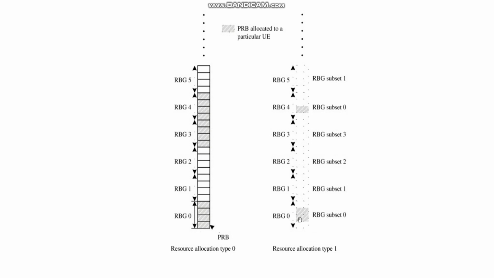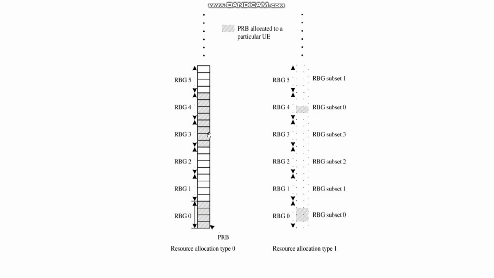As you can see over here, the first, second and third physical resource blocks of resource block group 0, in RBG subset 0, are selected for the user equipment. Also in resource block group 4, resource block group subset 0's first physical resource block is selected. Because of this, you can see a large amount of frequency diversity can be gained in this type of arrangement.